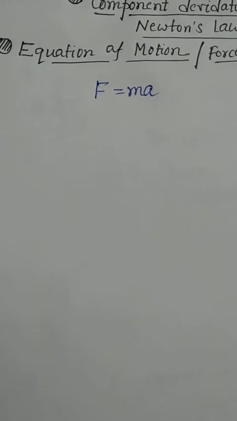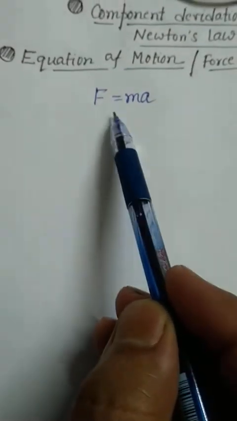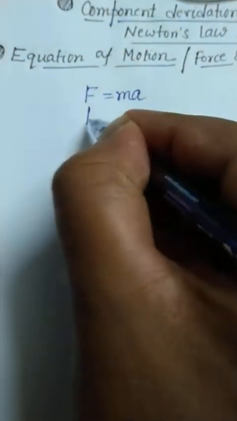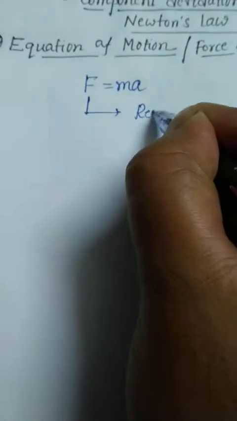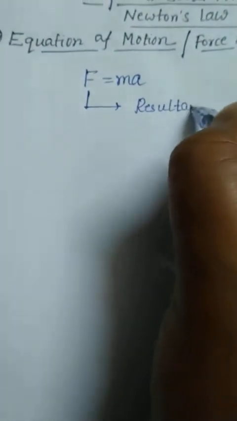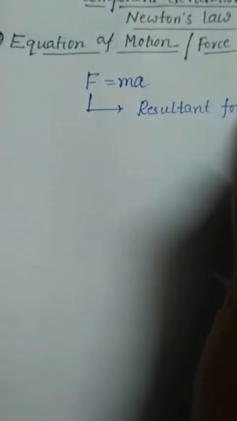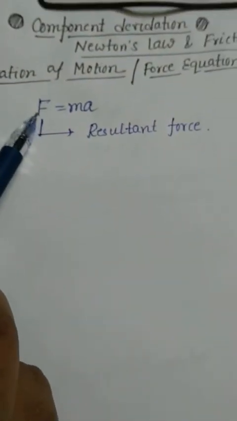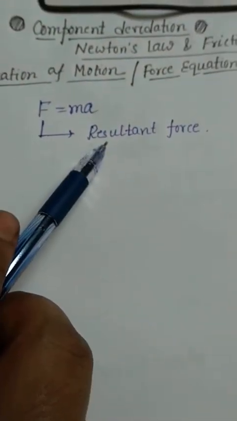First of all, one thing we have to keep in mind is what Newton's second law is. The mathematical form of Newton's second law, we know, is F equal to ma, and that is true always. So basically force equals mass into acceleration. Now what about this force? Basically this force is the resultant force. So whenever I am talking about F equal to ma, this will be the resultant force here.